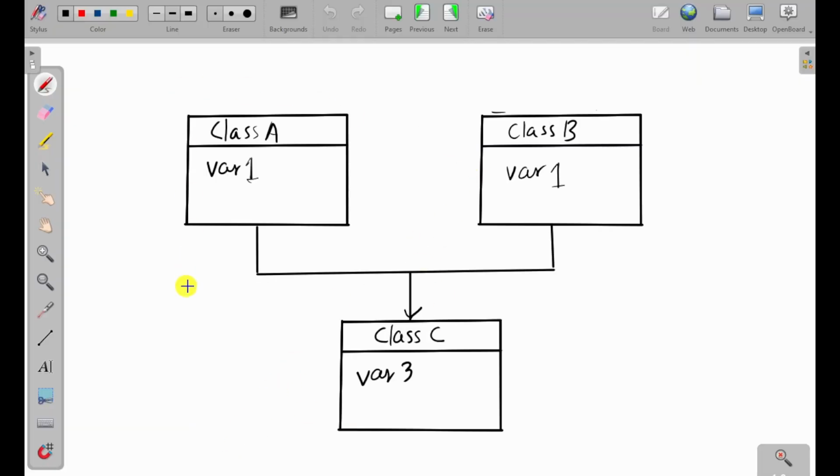If you see this diagram, I have two classes, class A and class B. Inside class A I am creating one variable, var1, and in class B also I am creating var1 as a variable. Whenever I inherit these two classes into another class, class C, what will happen? Class C will have two copies of var1 because it is inherited from class A as well as class B. It will create a confusion inside our Java compiler,